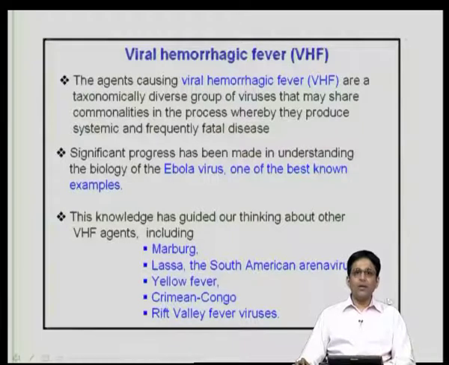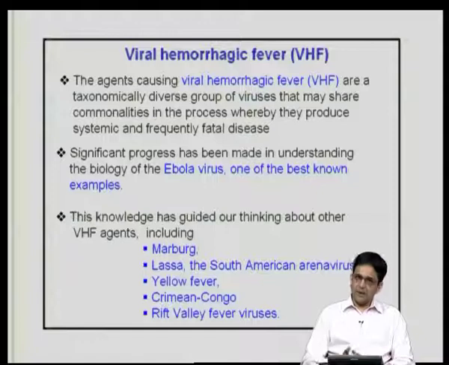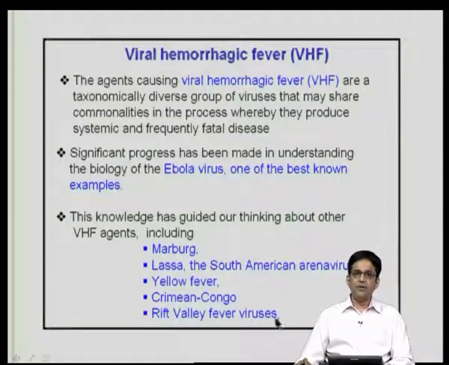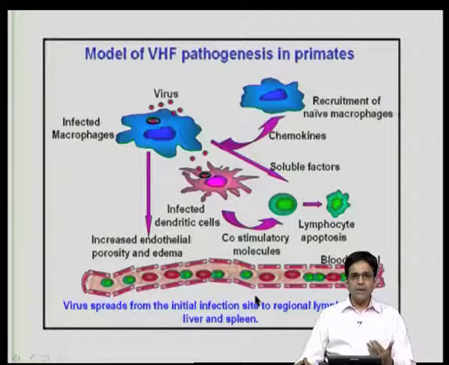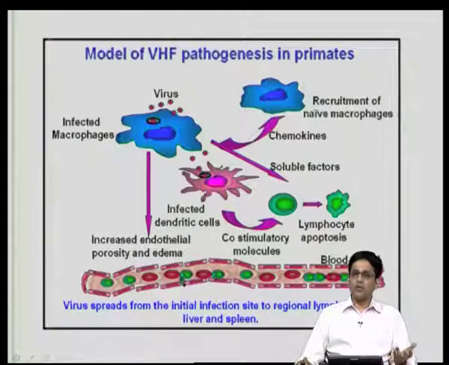Okay, so a little bit about viral hemorrhagic fever. They are a different group of viruses, and what they do is they cause systemic and frequently fatal disease. Now, the best known virus is Ebola, but there are different other members of it. You have Marburg, Lassa fever, yellow fever, Rift Valley fever virus, and so on. So, what is seen over here is you have the virus, and it causes increased endothelial porosity, edema and lymphocyte apoptosis